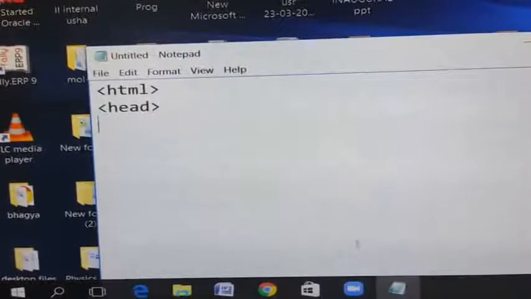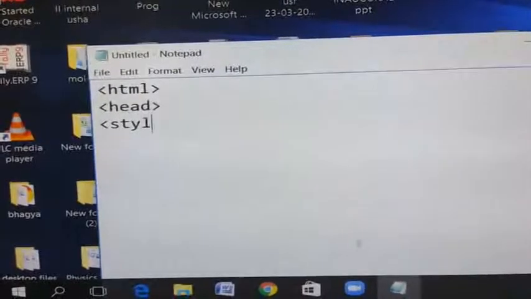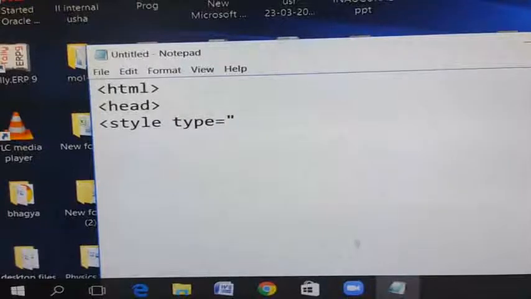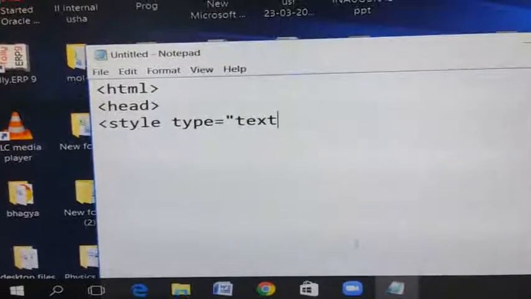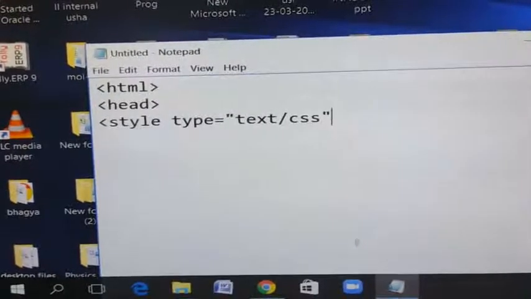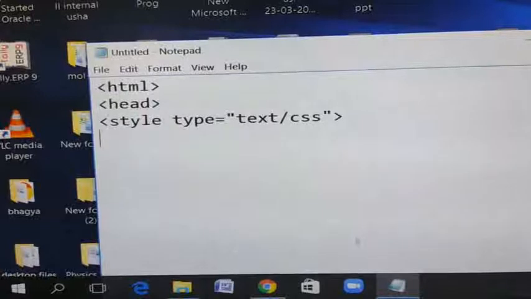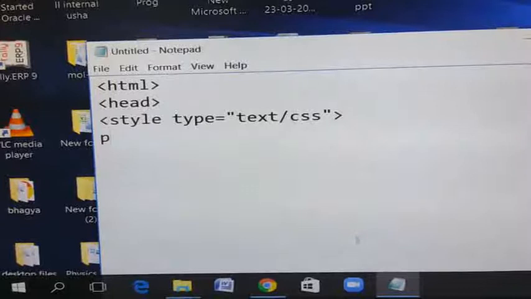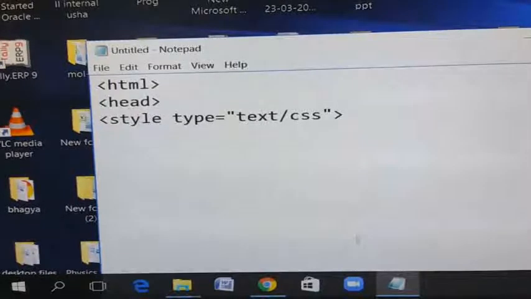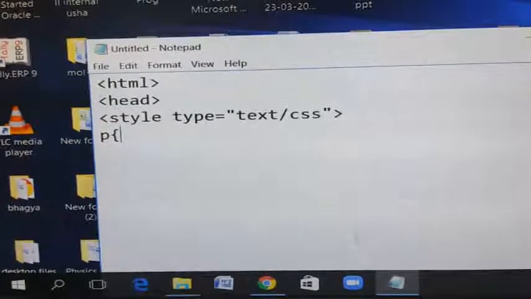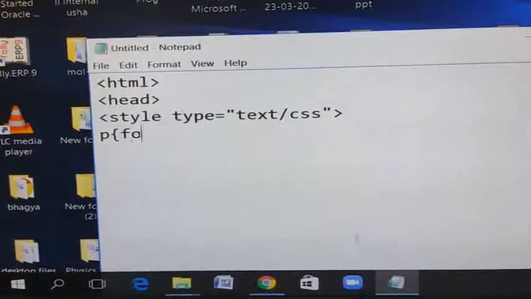Inside the head I am giving the style tag. Style type equals to text/CSS. From this point I am including the CSS code inside HTML. Next for H1 or paragraph, you can give paragraph. You give the font properties. Okay, font size.